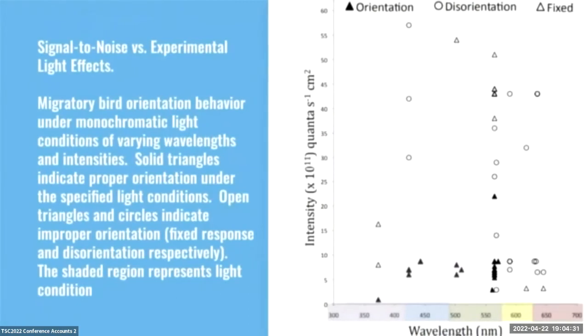The findings are shown on this graph of all bird orientation experiments under various monochromatic light conditions published to date. The gray shaded region indicates the wavelengths and intensities at which the model predicts a chemical compass would function, which does correspond to the experimental observations in the ultraviolet, blue, and short green wavelengths.